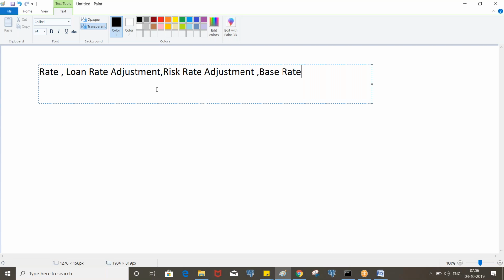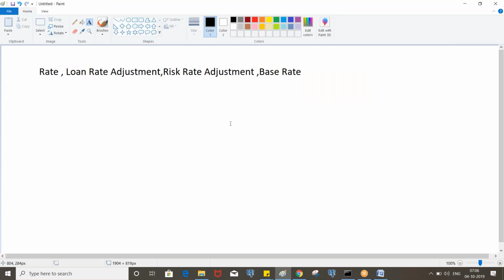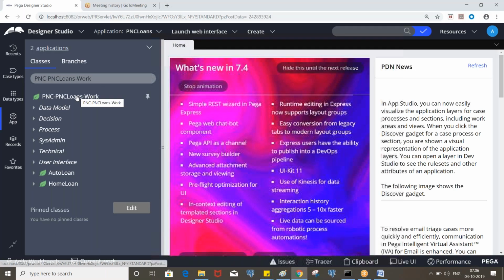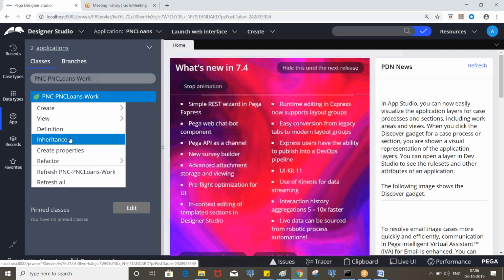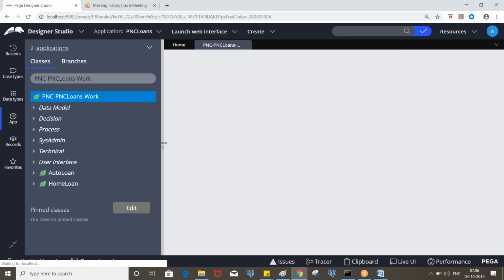When you have all these three things, loan rate, risk rate, and base rate, you can calculate the interest rate. We need to create all these properties under the work class, and we can reuse them in both home loan and auto loan. So let's create these properties. All are decimal properties.